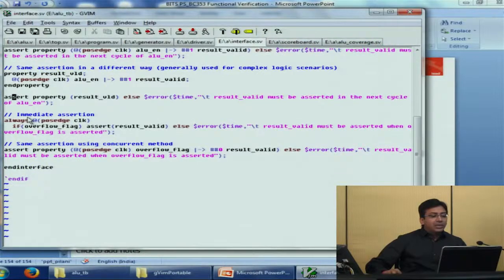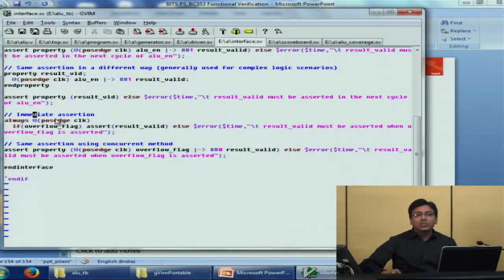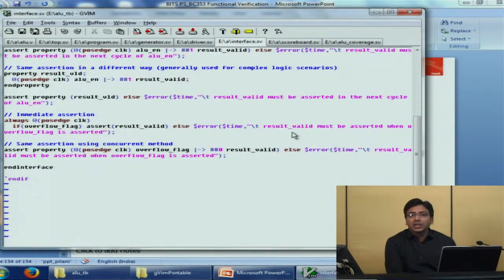Now we have declared another assertion. So in the previous one, we saw the two different ways of coding the same assertion. Now we will see how the same assertion can be coded in an immediate way or in a concurrent way. This is the assertion which says that, as we saw in the DUT specifications, the overflow flag shall be asserted only when the result valid is also given by the DUT.